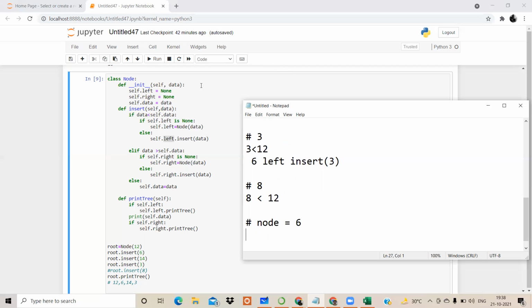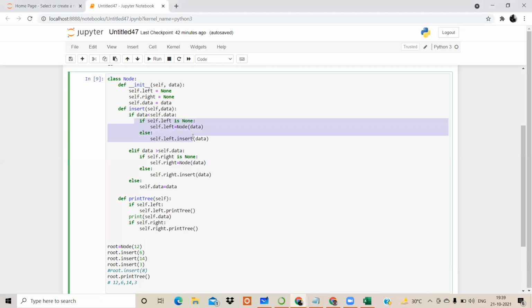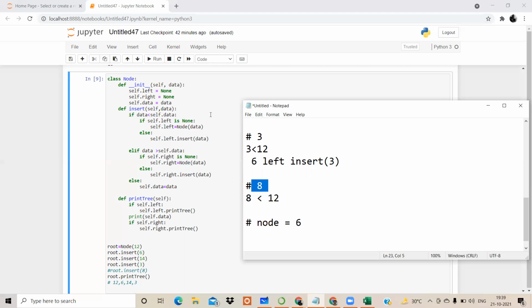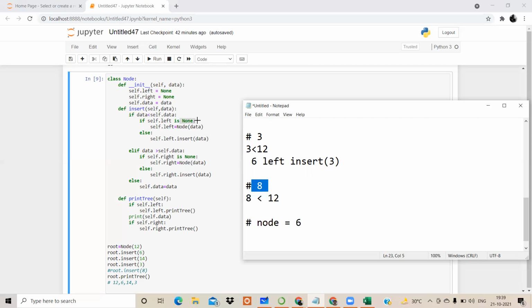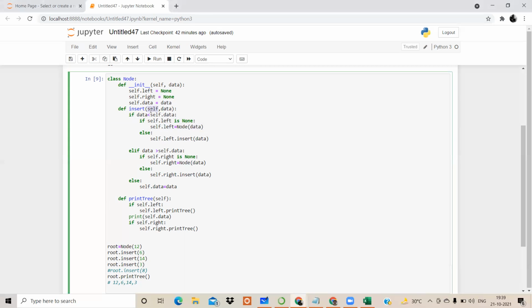Yes, but how in the code is it going to traverse? तो code में ऐसे traverse होगा कि 8 अभी new element add हो गया. So 8 will be compared with the 12. 8 is definitely less than 12, so it will come to this particular part. It will check that left of the data is not none. That means वहाँ पे already node present है, which is node 6 again. So again it will check, मतलब वो 6 को 8 के साथ compare करेगा.